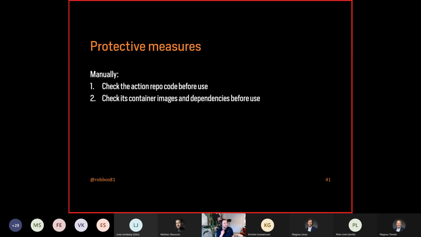So what can you do? Well, of course, manually, and if there is anything you're taking away from the session today, it is to look into what the action is actually doing. You're pulling in arbitrary code from the internet, so it's your opportunity and it's your responsibility now to verify that the action is actually doing safe things. So check anything that's inside of the repository there, see if it's not pushing your credentials out to a third-party API, for example. Check all the container images, all the dependencies, all the layers that are in there. It's now your responsibility to do that check.